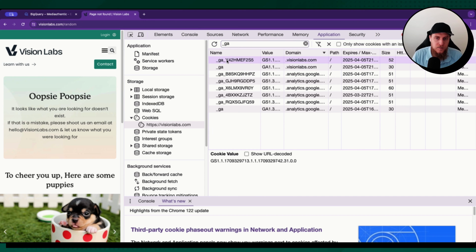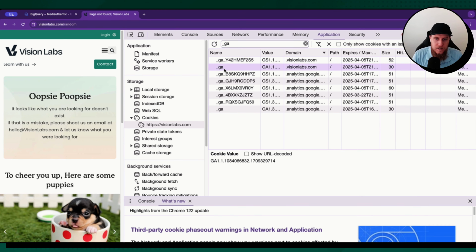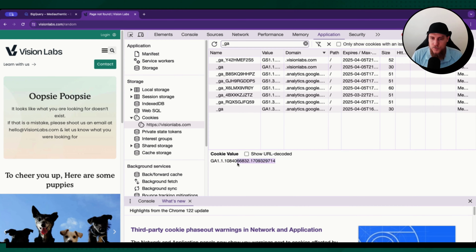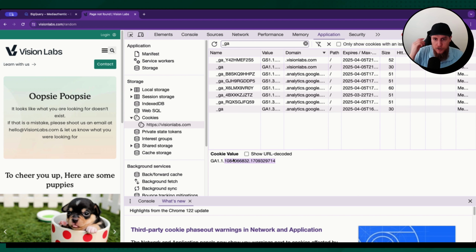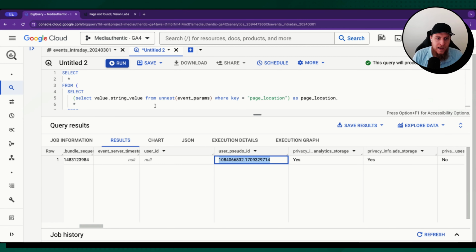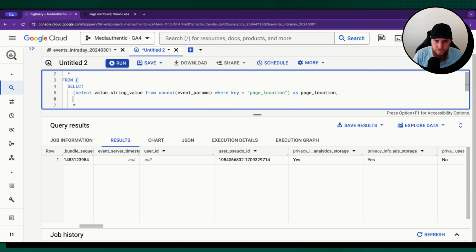This one here, where it's got my stream ID, we'll double check if that's the stream ID, has my session ID as the value right here. The entire value of the GA cookie, minus, of course, this stuff, is my user pseudo ID. So that's how we can track those. Okay, so without having to do another subquery here, I'm going to do it anyway, just to